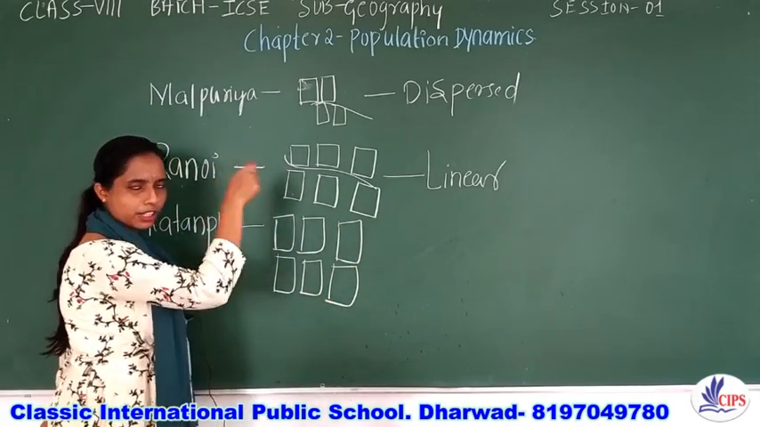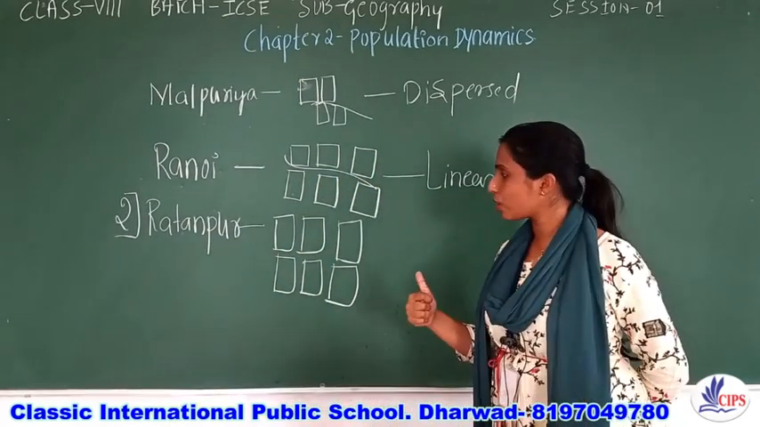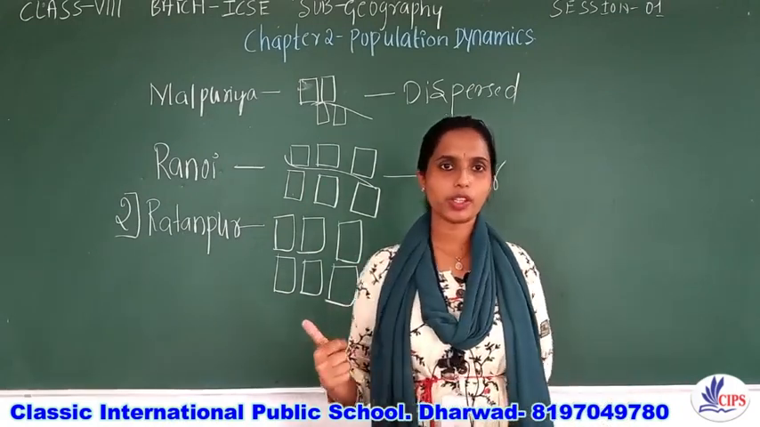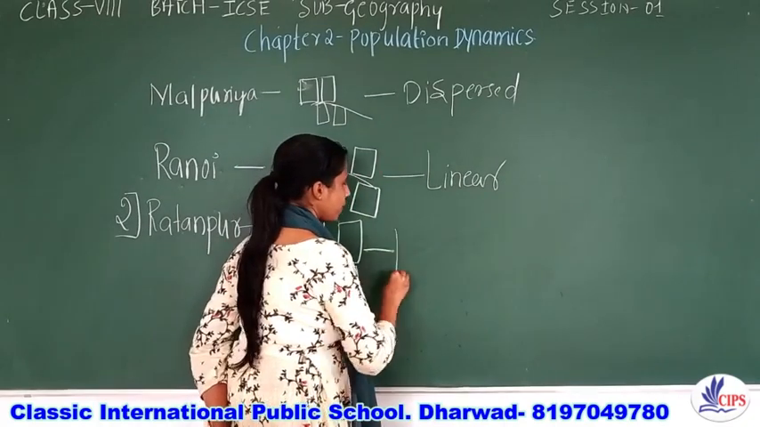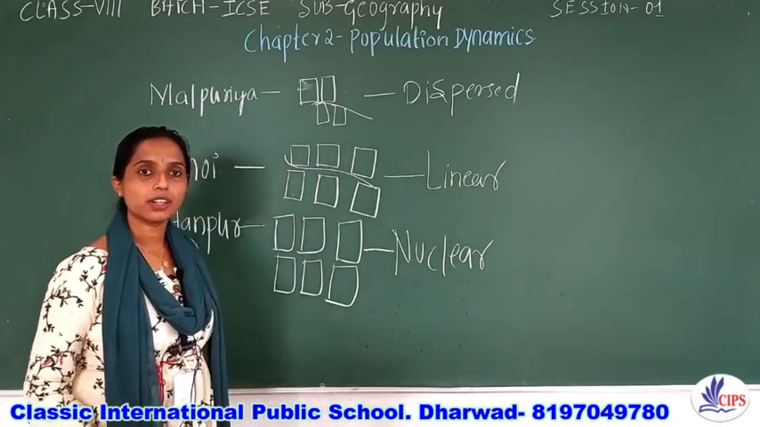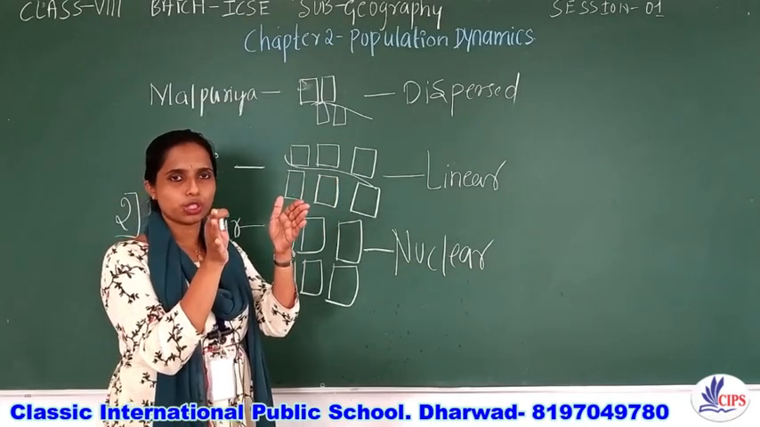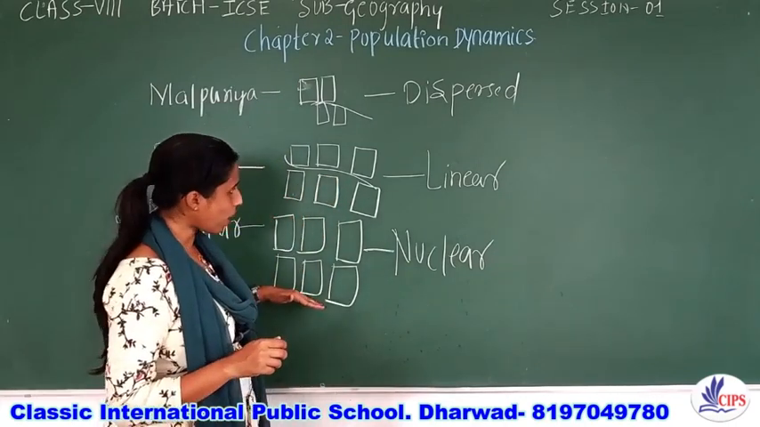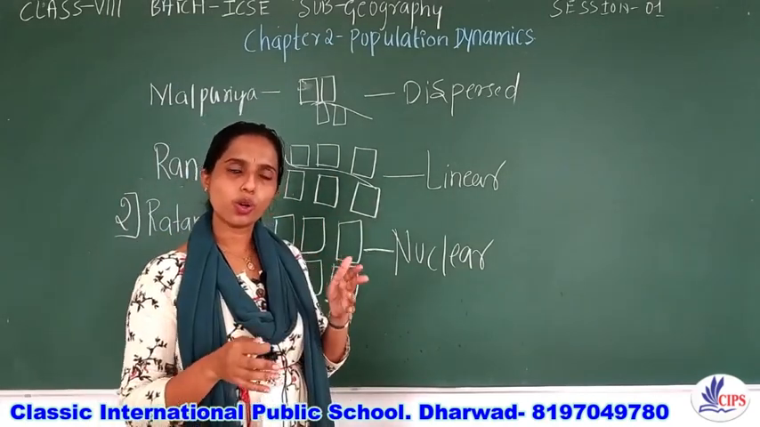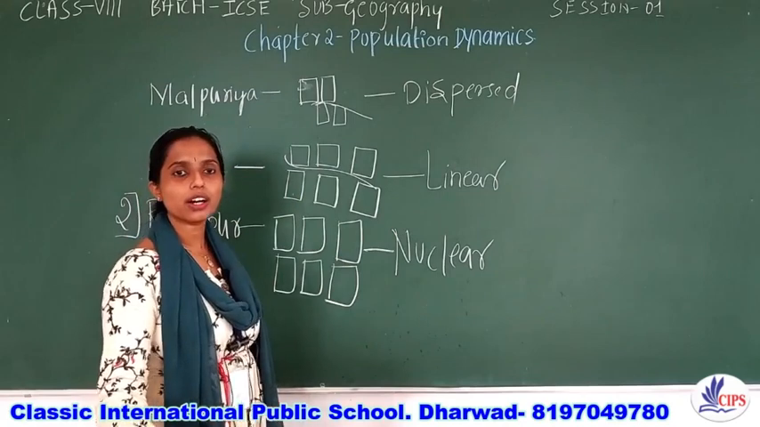So, if this is the scenario, what do we call this type or pattern of settlement? We call it nuclear settlement. When the houses are close to each other, we call this pattern nuclear settlement. The first thing in village Ratanpur is that the houses are very close to each other. That is the first feature. Second, there are many houses. So by using these two features, we can safely say that it is a nuclear settlement